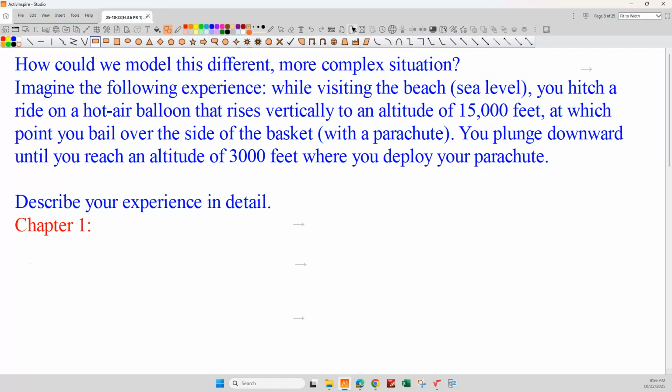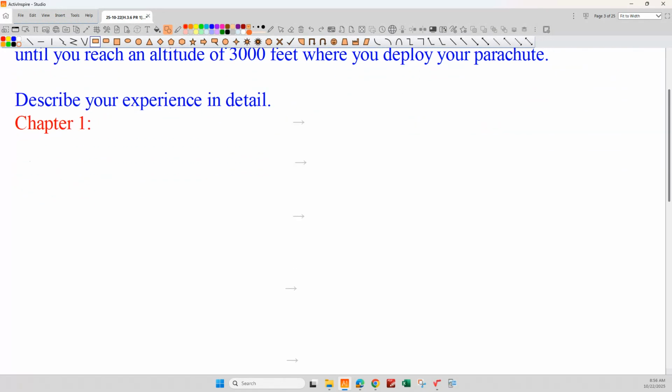Yeah, it's not a constant velocity. I mean, it's changing a lot, isn't it? Wouldn't you agree there's going to be some distinct parts of this whole trip? Like, we could call them chapters. What's chapter 1 going to be? Well, yeah, going up, right? So chapter 1